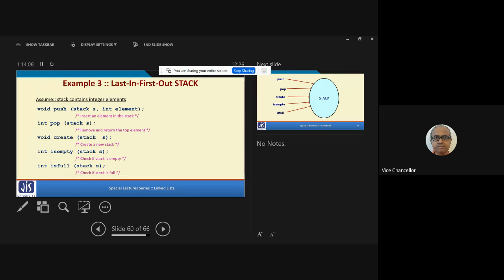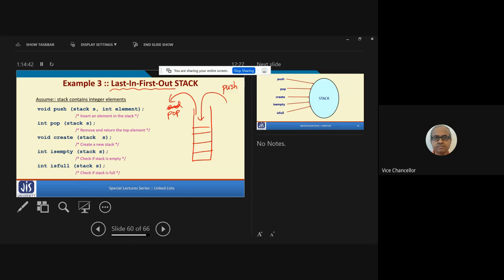Similarly, stack, which is more relevant for this data structure course. You know stack is a data structure conceptually shown like this, where one end is closed, where you can push elements one by one and you can pop elements from the same side. Because you are pushing and popping at the same end, the order will be last in, first out. The last element you have pushed will be the first element you are popping out.